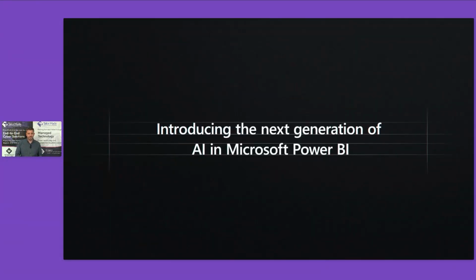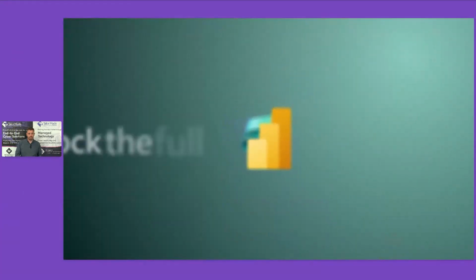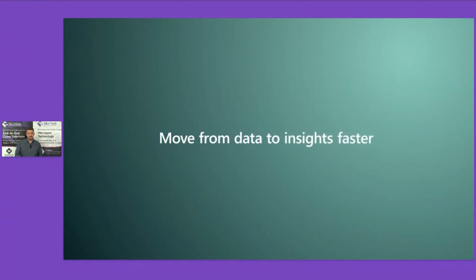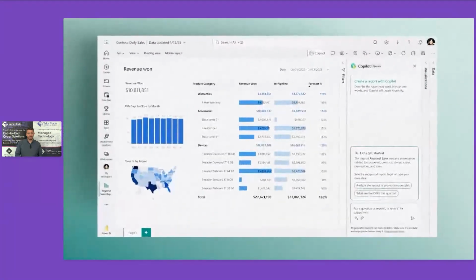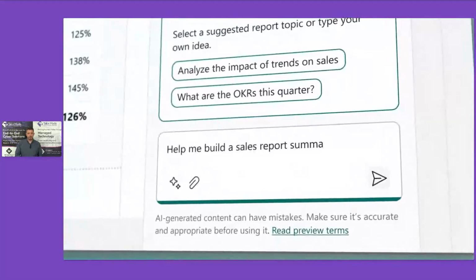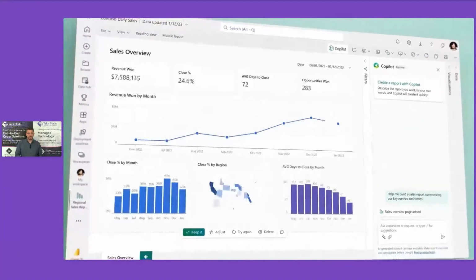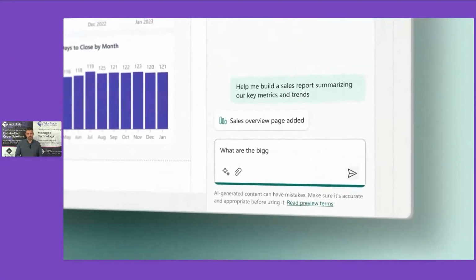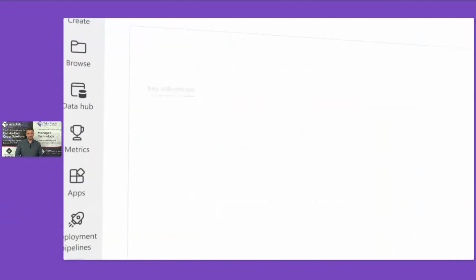Introducing Copilot in Power BI. Copilot in Power BI empowers your people to unlock the full potential of your data and move from data to insights faster. Now, with Copilot in Power BI, you can use natural language to bring your data to life. Simply describe the visuals and insights you're looking for, and next generation AI will create your report and help you refine it. You can then dig into this data further by asking a question, and Copilot will find the best answer.